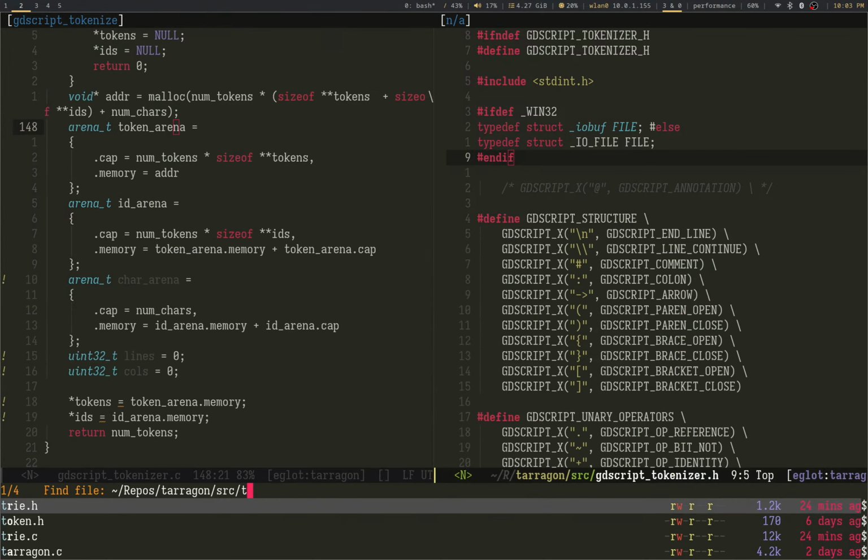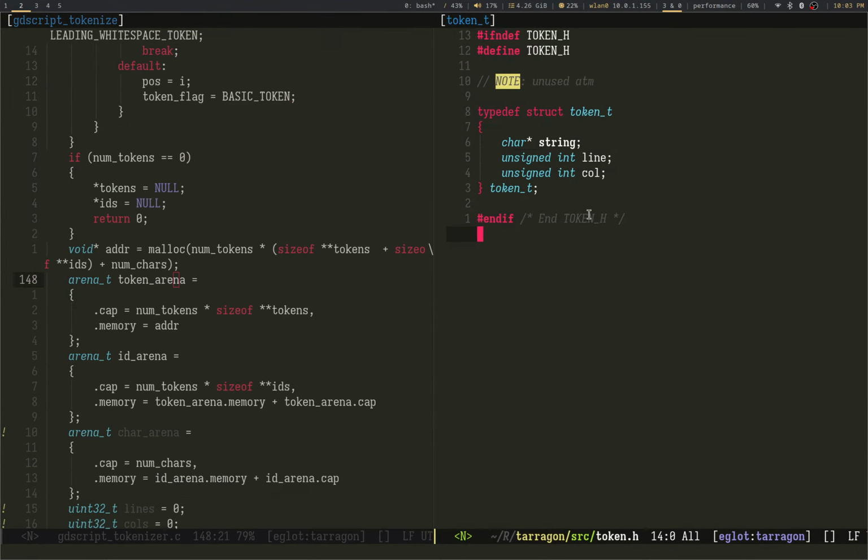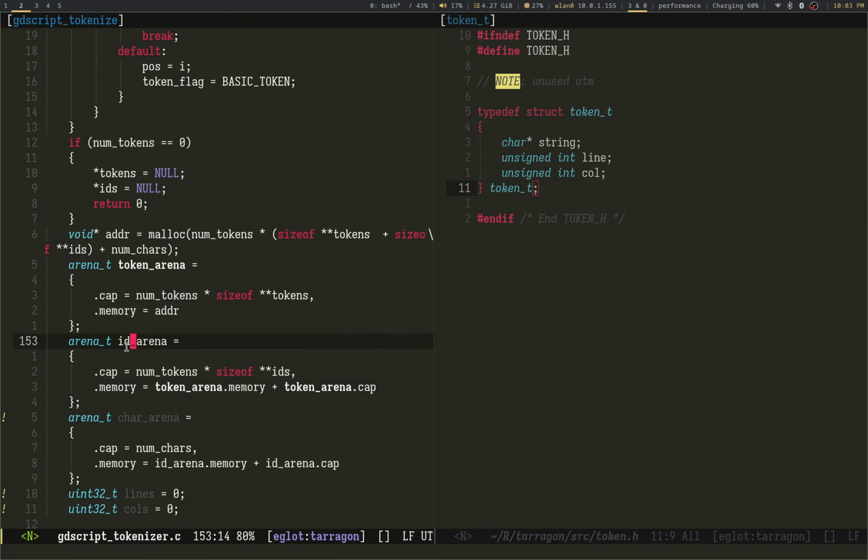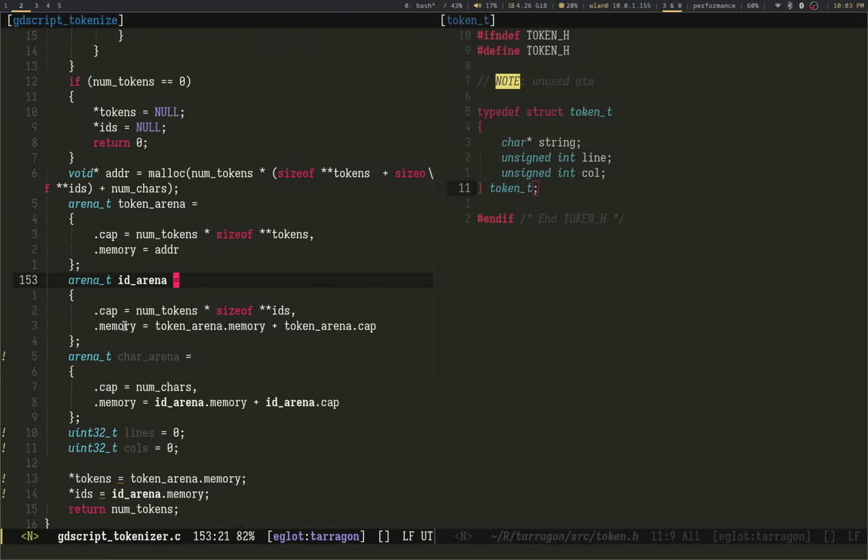What do I think about token.h? Really, this should have ID inside of itself. Although the argument for having IDs independent is, when I'm parsing into making sexps, building my abstract syntax tree, I can just look at IDs.